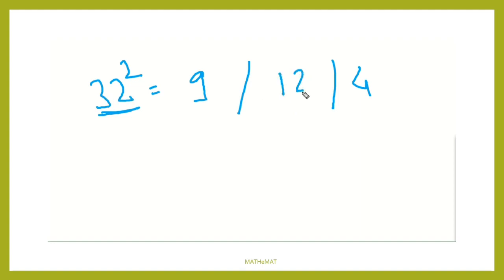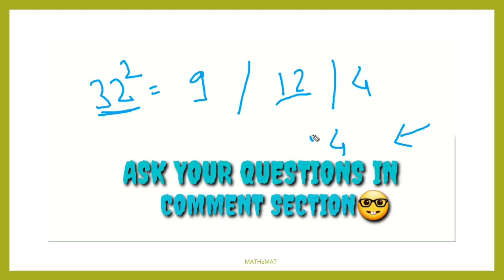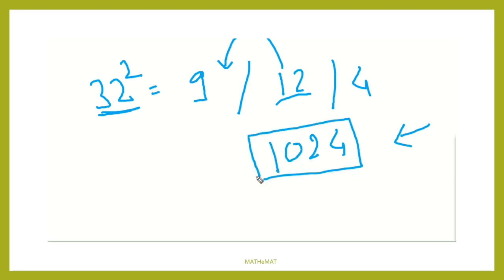Put here 12. Now by using the carry forward method, answer from right to left, just take 4, because here is a single digit, so just take 4. In the next place, here are 2 digits. So what you do is take the single digit 2 and 1 is taken as carry forward. So 9 plus 1 is 10. This is your answer, 1024. Is it very simple? Yes, is it very simple?